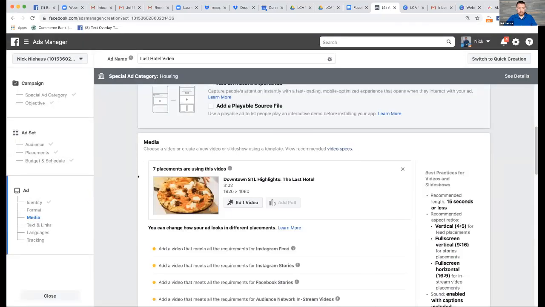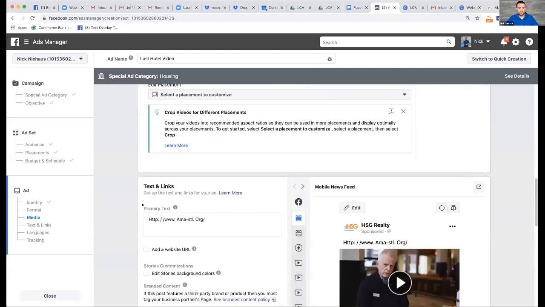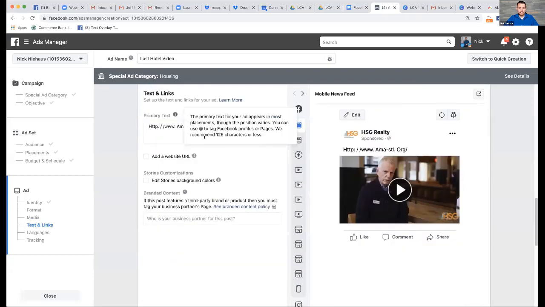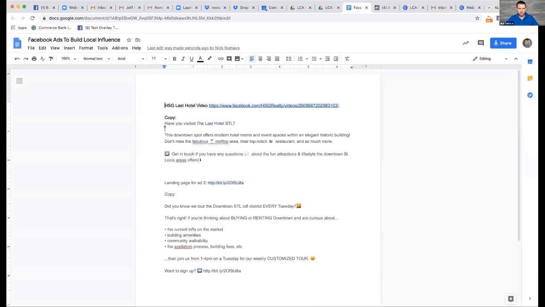Another nice thing about this is if you had already added subtitles to that video through Facebook, they're already going to be on it. So you don't have to go back through that process again. So now you've got your video, and the final piece you need to do is just add the text for the ad, okay? So I already wrote that out earlier, so we didn't have to waste any time here. Just going to go ahead and copy this.